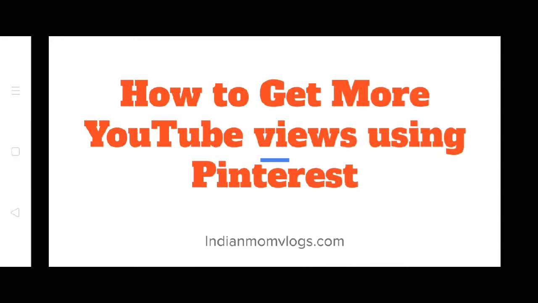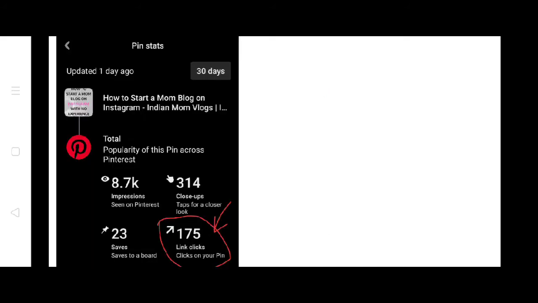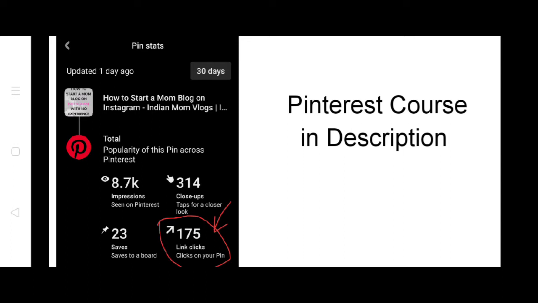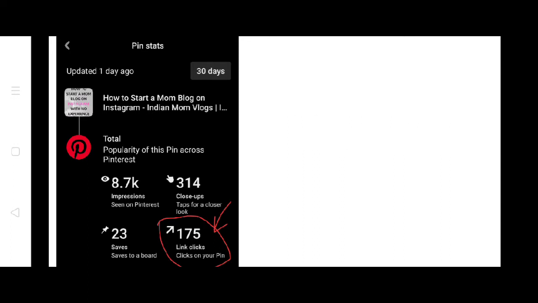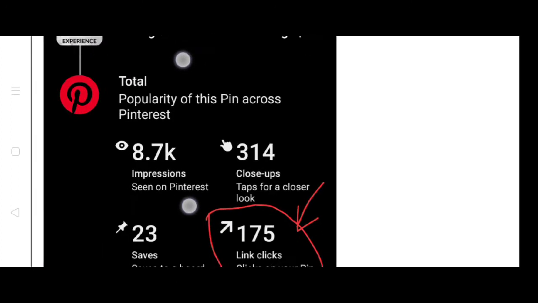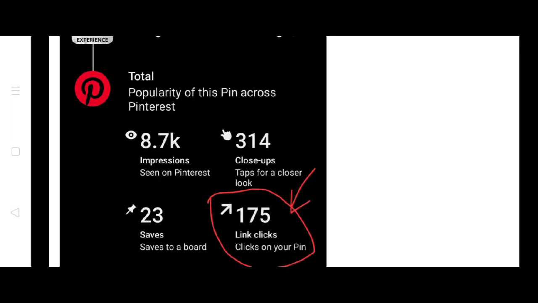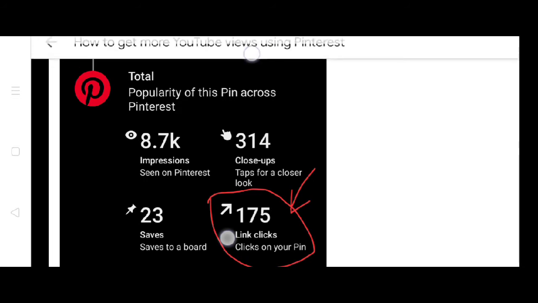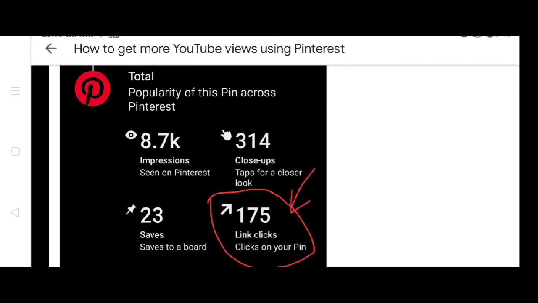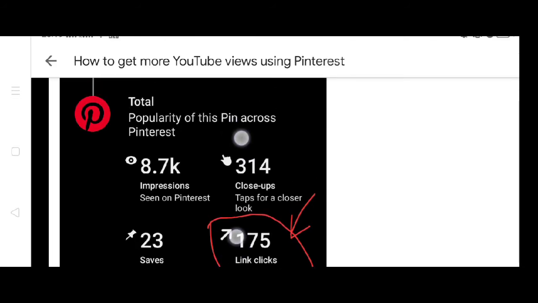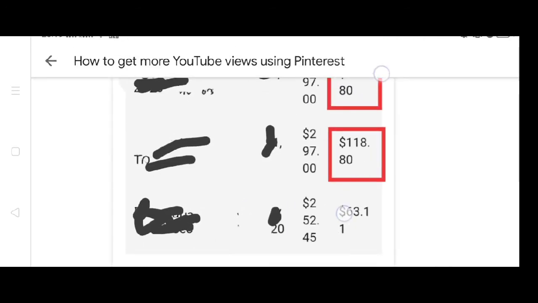Let's take a quick look on how to get more YouTube views using Pinterest. When you use Pinterest, you can get phenomenal amounts of traffic to your website from just one pin. As an example, this is one pin of mine and you can see that I have received 175 clicks from this one pin alone,